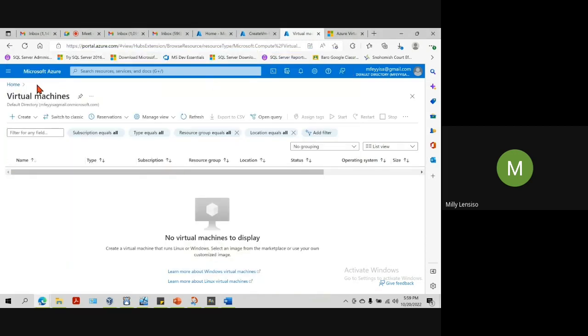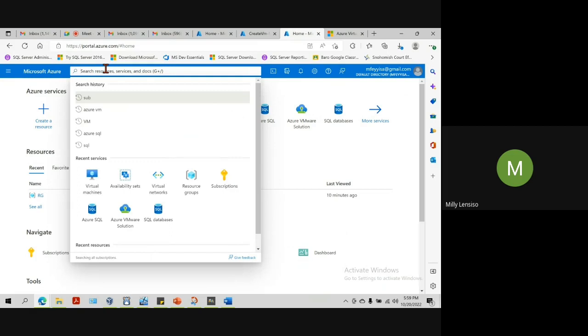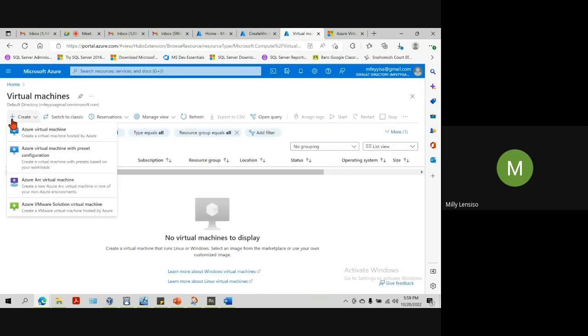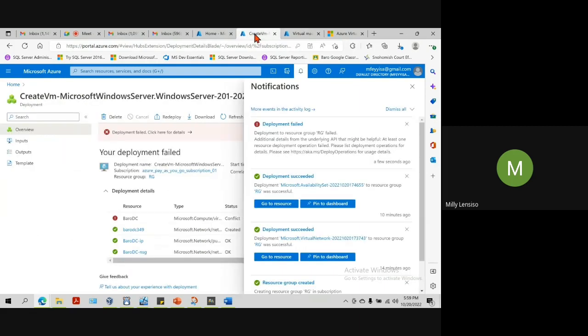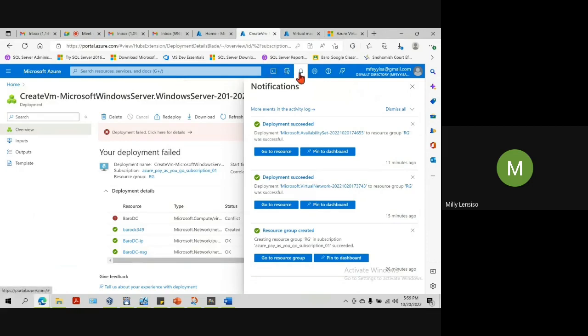So I selected virtual machine. As I said earlier, you go to the home page, you pick virtual machines, or you could type it here and get the virtual machines. Create Baro DC, the one that was creating, hold on, it failed. I know why this is failing. Earlier I had it on a note. Sometimes when this availability set is created, there is a conversion to managed, and I forgot to add that